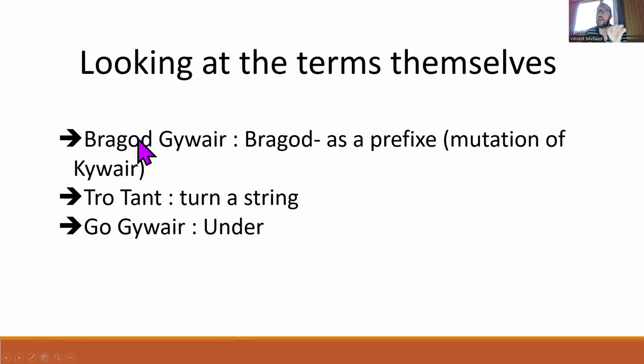So it's more Bragot as an adjective, or at least as a prefix. So what do you do? You don't open your dictionary. You go on to medieval, not medieval text, 17th century Welsh text to find Bragot used as a prefix, or an adjective, that would cause the mutation of the next term. And you find some occurrences, not a lot, but some, as being an expression that means the original or the fundamental something. So Bragot Gewalt translates as the original or fundamental Gewalt,